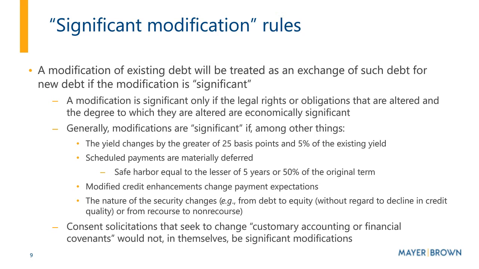First, there's no modification if the modification occurs pursuant to the terms of the debt instrument. So an easy example to think of is a fixed to floating rate instrument where the interest rate switches from fixed to floating at a certain point in the instrument's term. That's clearly pursuant to the terms, and that's not a modification, and therefore not a significant modification. A second